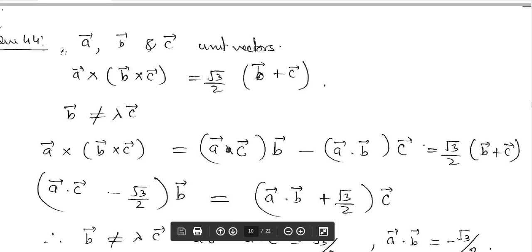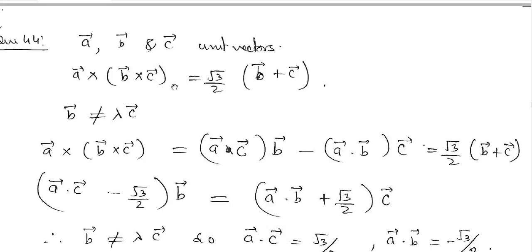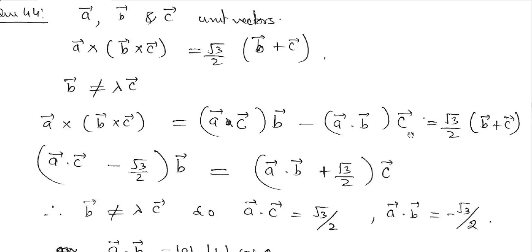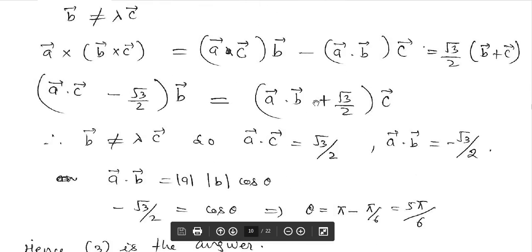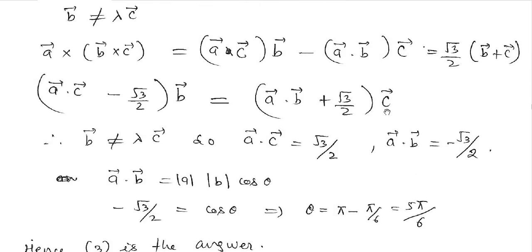It is given that in question number 44 these are three unit vectors satisfying this, and it is given that B is not parallel to C. Hence there cannot be a scalar lambda that satisfies B equal to lambda C. So B is not parallel to C, hence we will have this kind of relation. Now on applying the formula we get this, and this is equal to root 3 by 2, as given. On simplifying we are getting this, since this is a scalar and B vector equal to C vector,